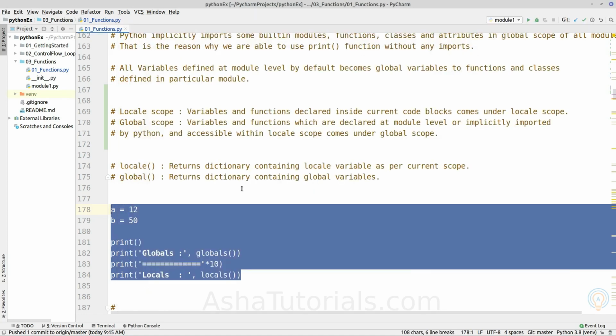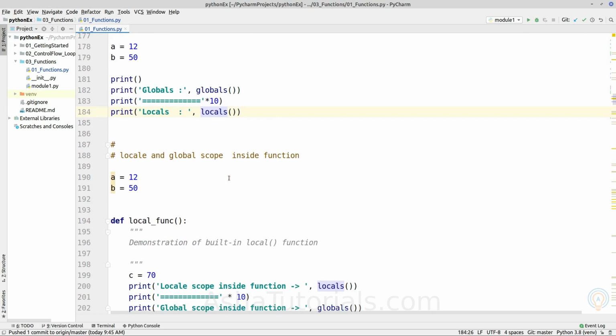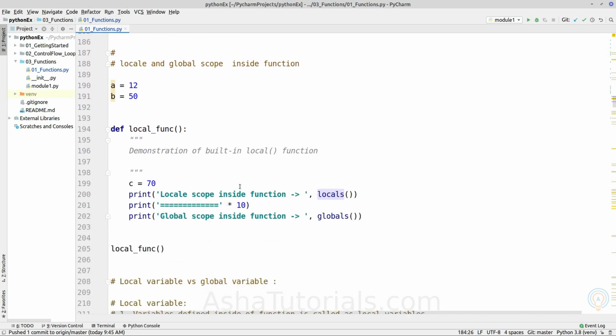At the module level we saw that local and global have almost equal values. It changes when we define a function. We can define a variable inside a function which is local to that function.